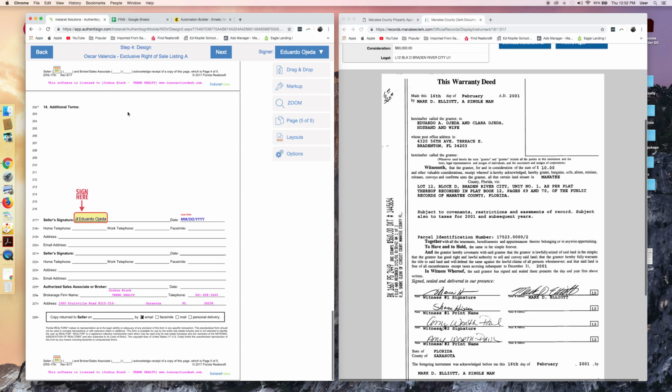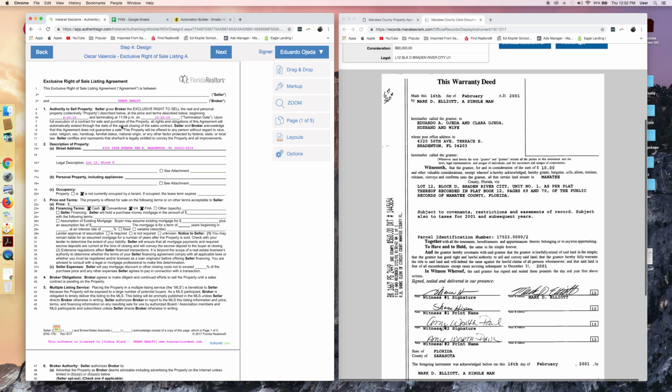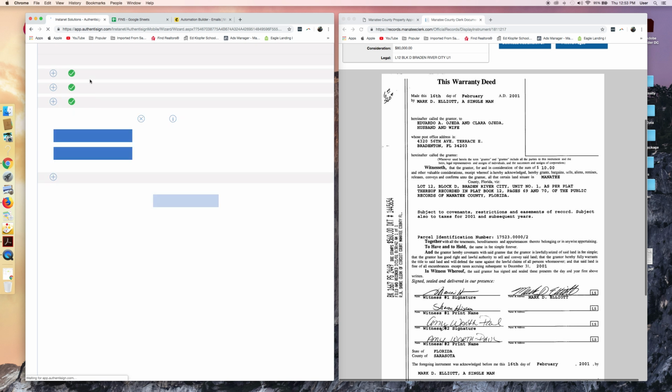The process is very similar for additional stuff, but this is it. So if you're doing this by pen and paper, I've just showed you how to do it. You can fill these out with literally a pen and a piece of paper. And from here, again, you just click next, and then it'll be sent out. So everything we've shown here is how to use Transaction Desk, as well as how to fill out the